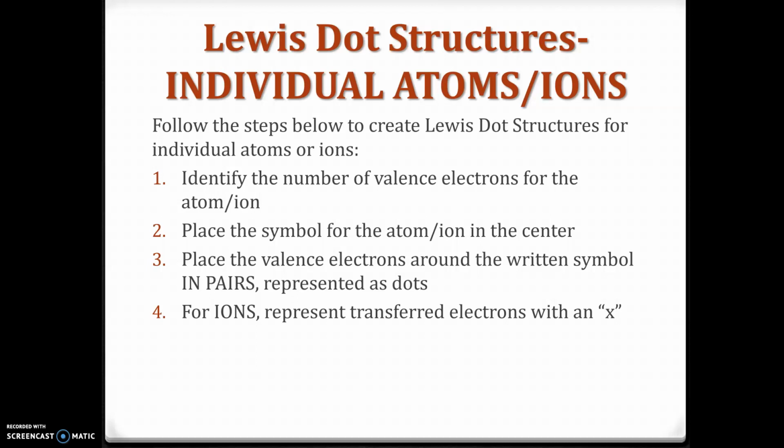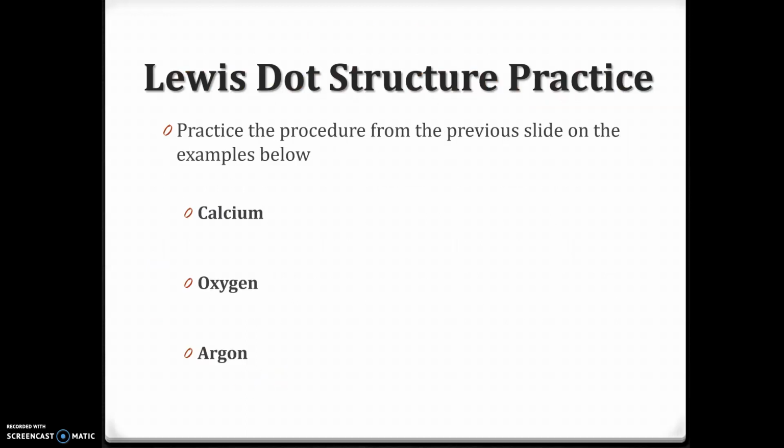So what we're going to do is identify the number of valence electrons for the atom. We're going to put the symbol for the atom in the center, and then place those valence electrons around that symbol in pairs, but we're still going to follow Hund's rule in that we evenly distribute before we pair. For ions, we're going to represent any transferred electrons with an X instead of a dot. So when we look at these individual Lewis dot structures, what we're going to see is